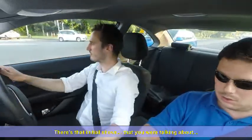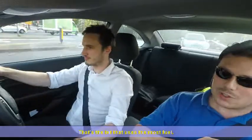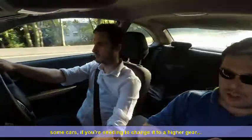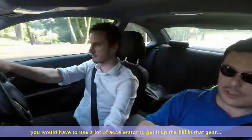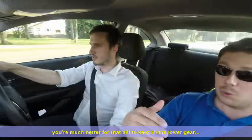That's that initial shove that you were talking about. That's the bit that most uses the most fuel. Yeah. Now, obviously, when you're going up a hill like we're about to go up just now, some cars, if you're needing to change into higher gear, you would have to use a lot of accelerator to get it up the hill in that gear. Yeah. That's more costly as well,